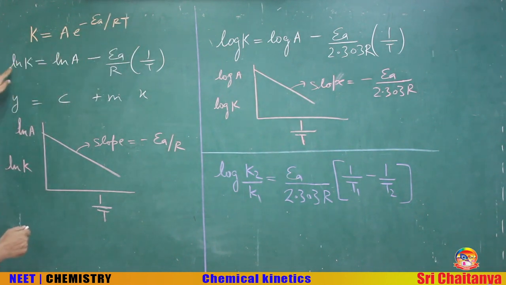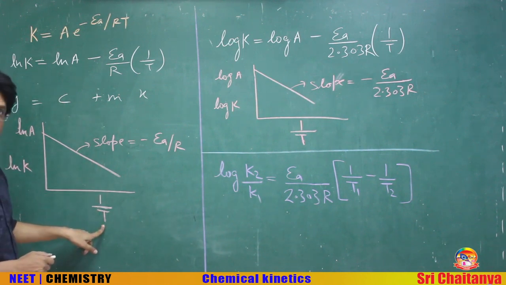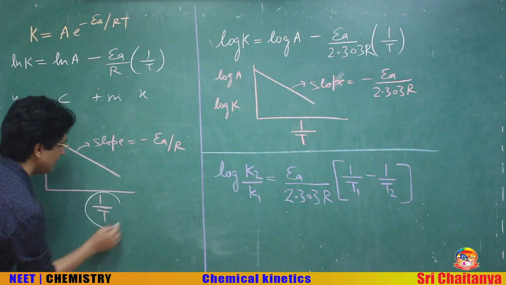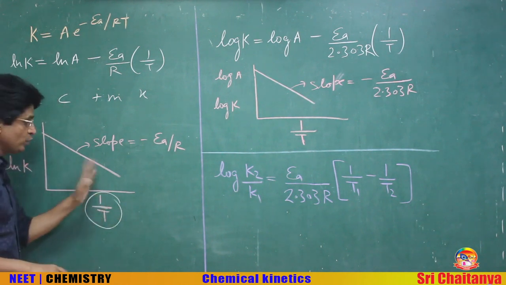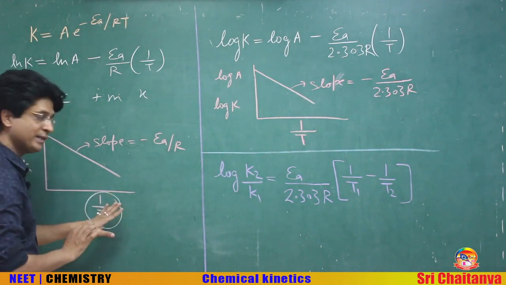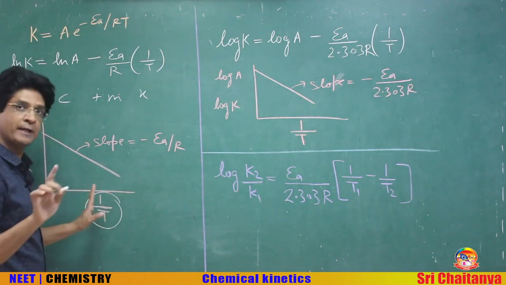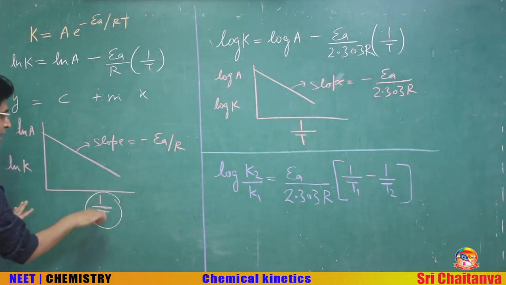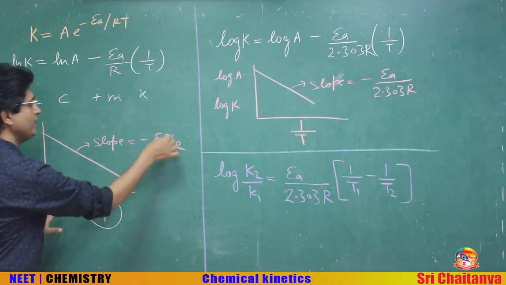Now if we take the natural logarithm of these things, I'll get this equation. If I plot a graph with natural log of k on the y-axis and 1 by T on the x-axis, remember that this is 1 by T and not T. So if they give you a graph with T on the x-axis, this will definitely not be the line. To get a straight line like this, this has to be 1 by T, whose slope will be